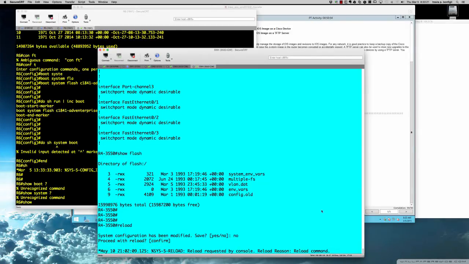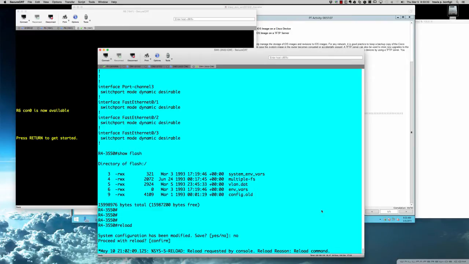The switch is going to go down, and it's going to try to come back up, but it's going to fail to come back up. And the reason it's going to fail is because we've removed the IOS. Because remember, it's in a volatile location when it's pulled into memory. So when we reload, that area of memory is flushed out,